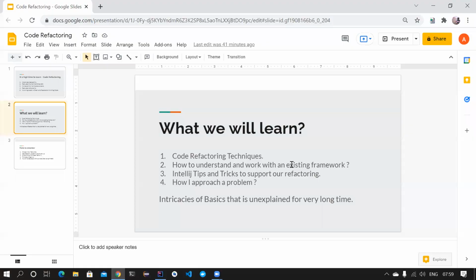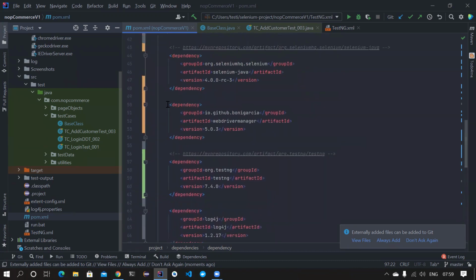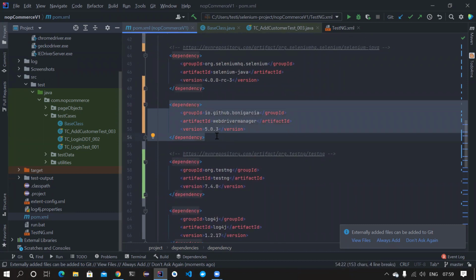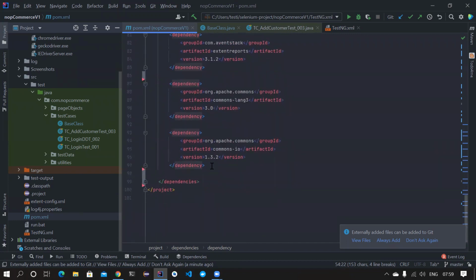So the error message is very, very clear, right? It is telling you your Apache Commons IO library doesn't have IOUtils. Again, this is because of the WebDriver manager dependency that we have added now. This is not a problem with the existing code. The WebDriver manager dependency that we have added requires some method from this Apache Commons. Since we use some older version of the Apache Commons library, this is not available in that, and it's telling no method error. When you get a no method error, this means the class is already present in this particular older version, but the method is not present. So we just need to update this particular library to the latest one.